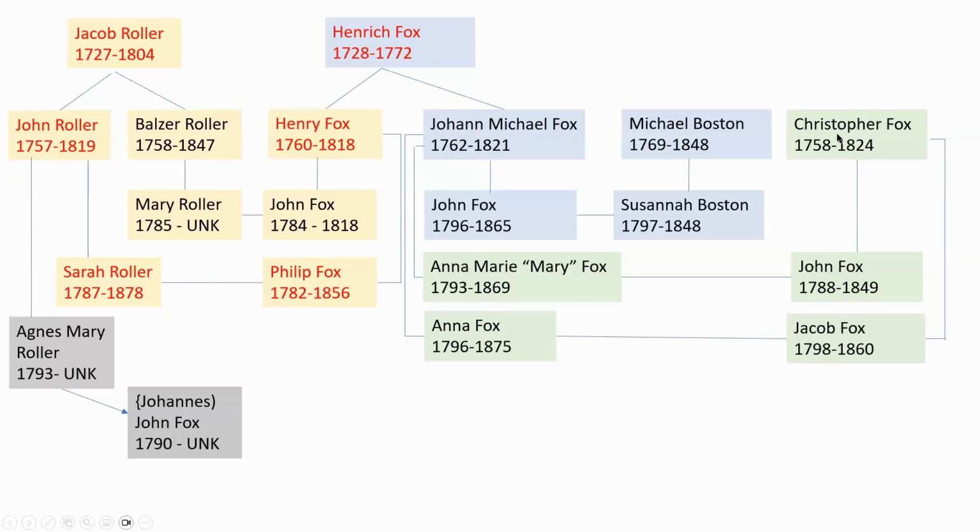We still don't know who the father is of Christopher Fox. And again, it's not my direct line. I haven't spent a lot of time hunting that down, just like I haven't spent a lot of time hunting John Fox's down. But we were able, to be honest with you, My mother got the letter in 1977, and the letter back to the gentleman was in 1980. So it took about 3 years, pre-computers, to be able to do this kind of research